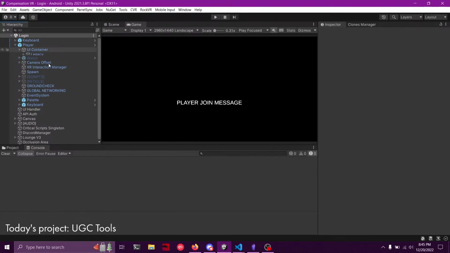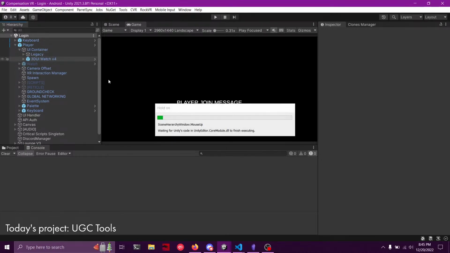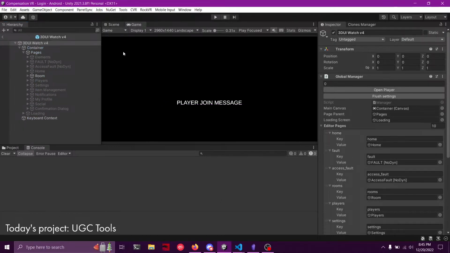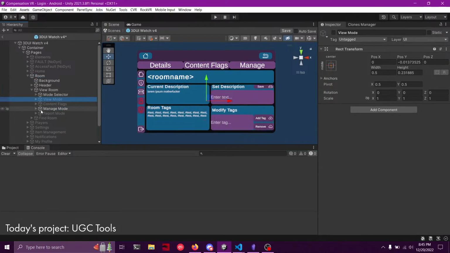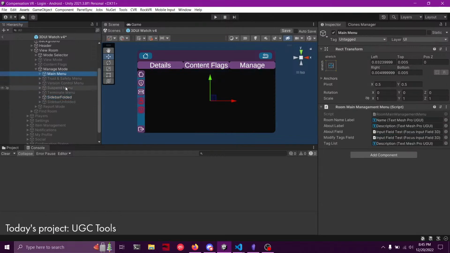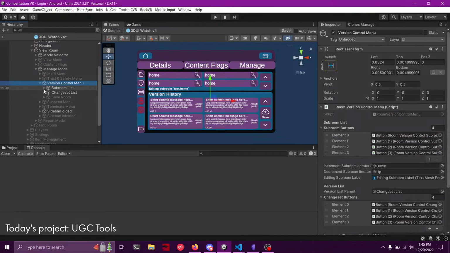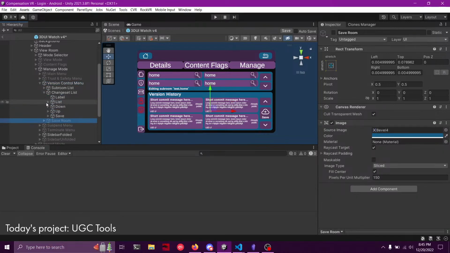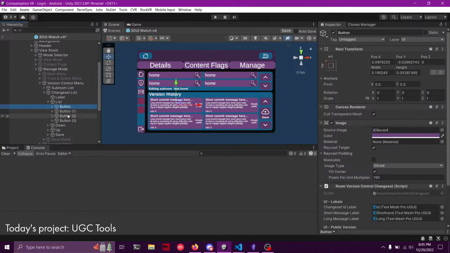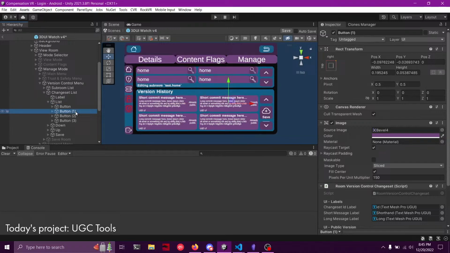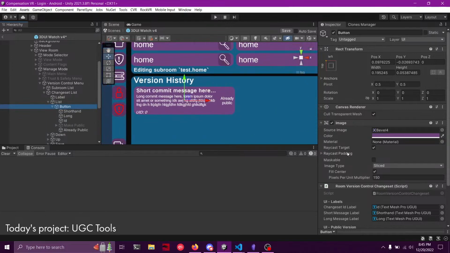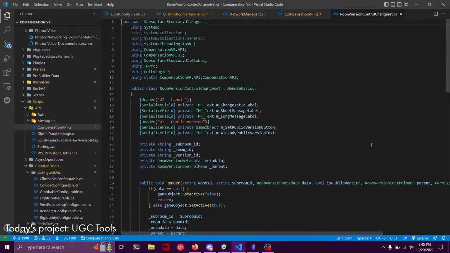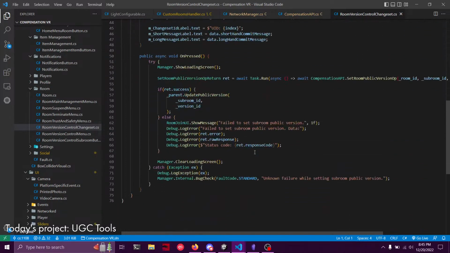So we're going to go into the UI container, open this up, and then manage mode, main menu, version control menu, change set list, and then okay. Let's see what's the gap between these. Okay, so I can just align these, so this can be deleted. This needs to be edited. And then we can